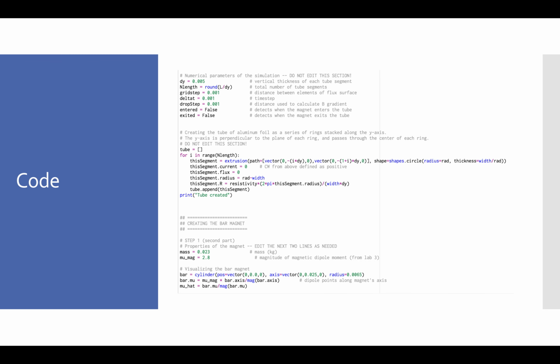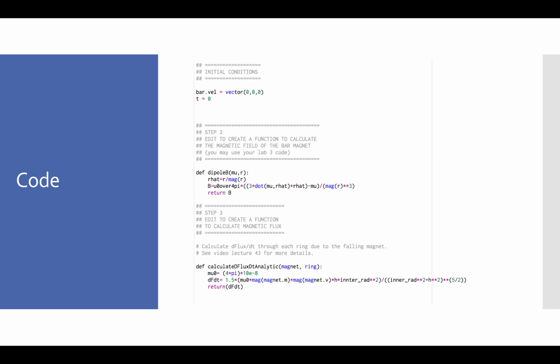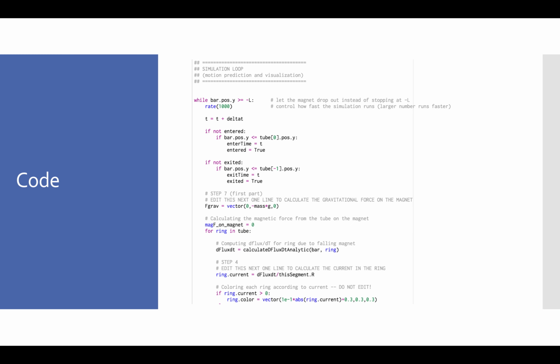So this is my code, and we start with physical constants, and we go into making the parameters of the simulation and creating the aluminum tube. And we continue by using our Lab 3 code to make the magnetic field of the bar magnet. And then we make a new function to calculate the magnetic flux. And then from there we do a simulation loop,